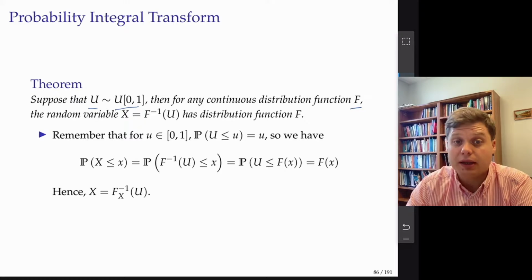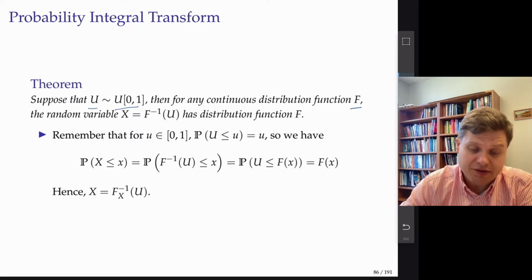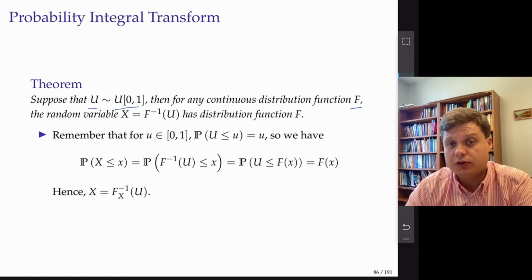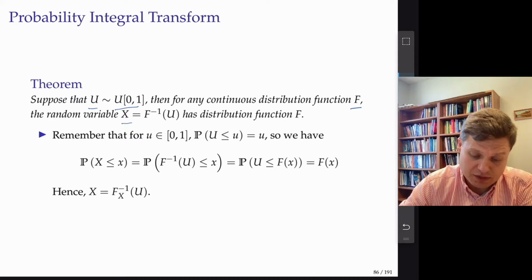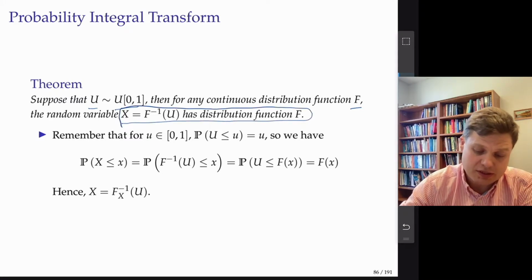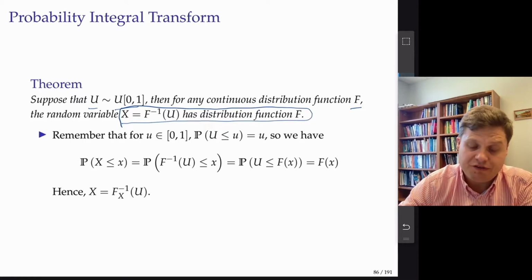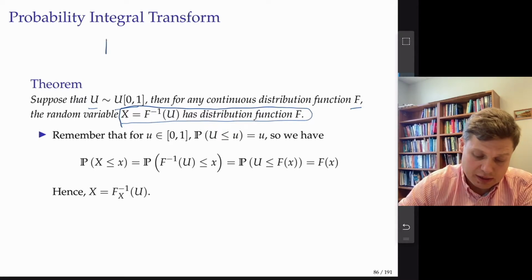We're going to call it capital F. Then the random variable X equal to F inverse applied to U has distribution function F. So let's think of the consequence of that. The consequence of this is the following: if F inverse is known,